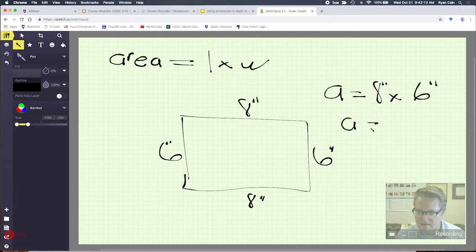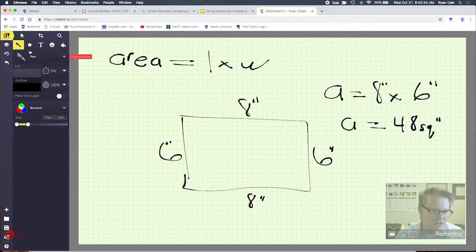So then area is equal to 48 square inches. Square inches, okay? And that concludes my working out of the problem. I will show you some of the features though